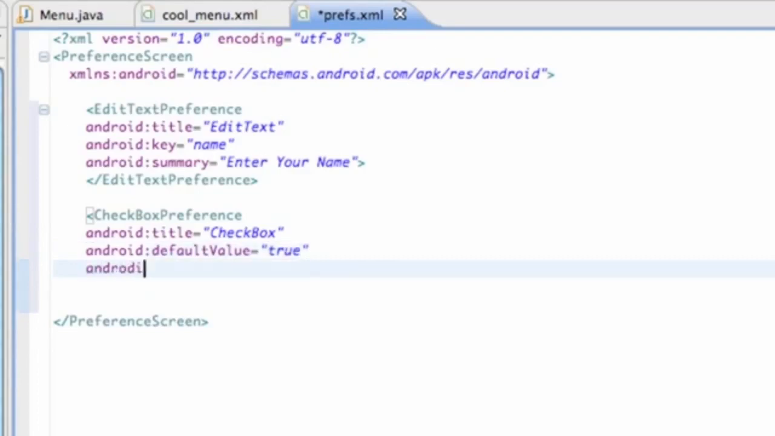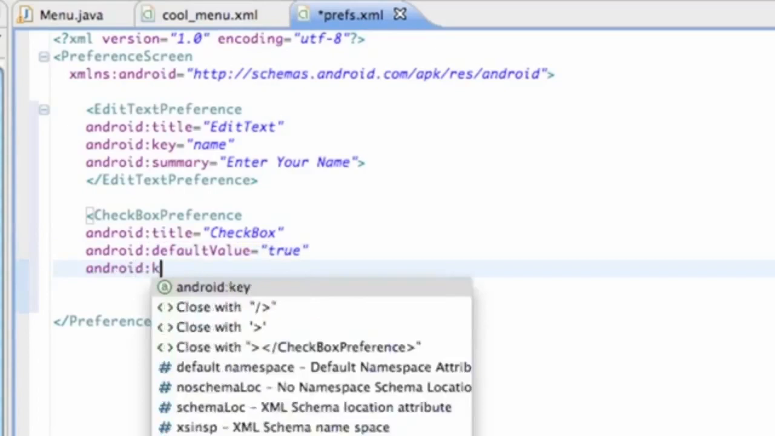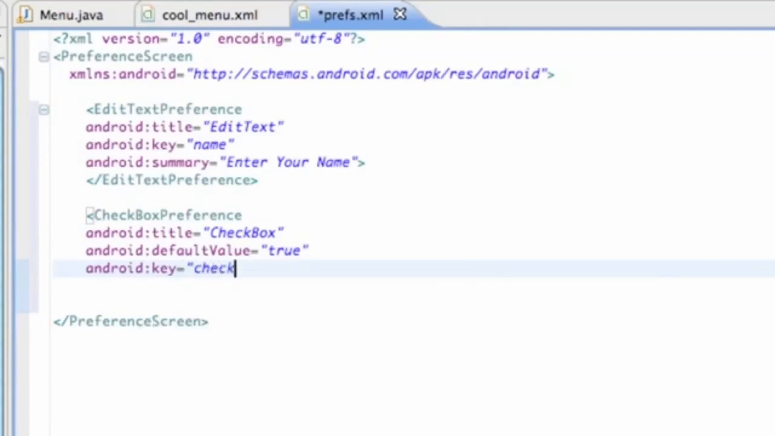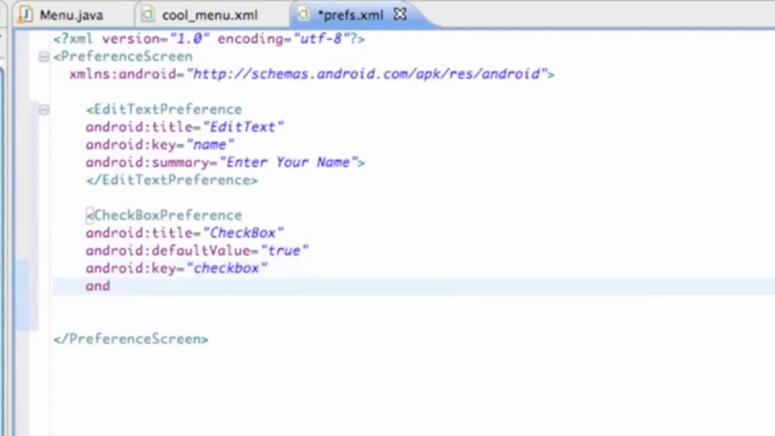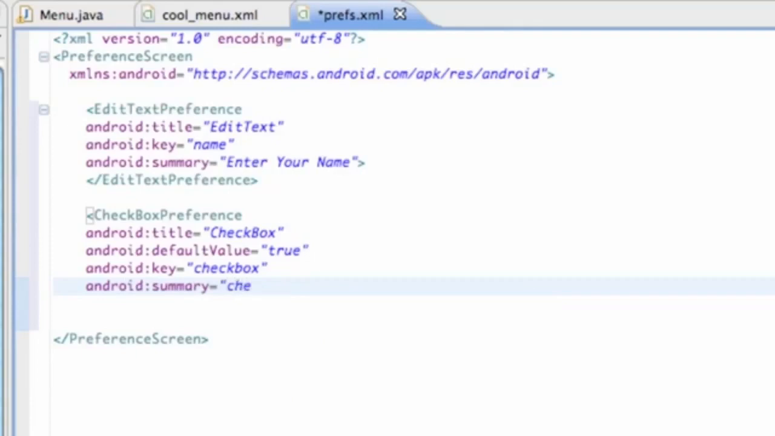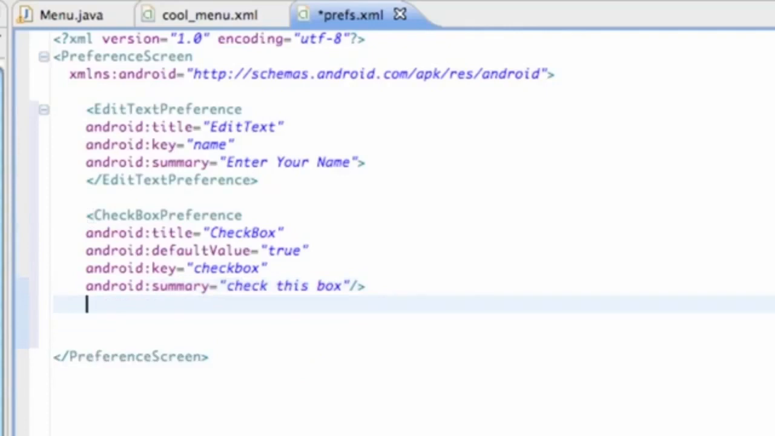and also we're going to add a key reference. So again, it can save it, and we're going to call this key reference checkbox. This isn't really going to do much, but we're just setting it up for the most part. And again, Android summary equals check this box for the most part. Nothing spectacular. And then we're just going to finish it by slash, less than sign, and let's do one last